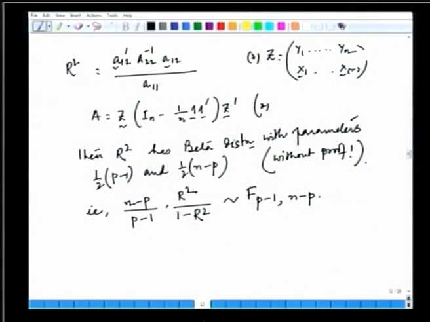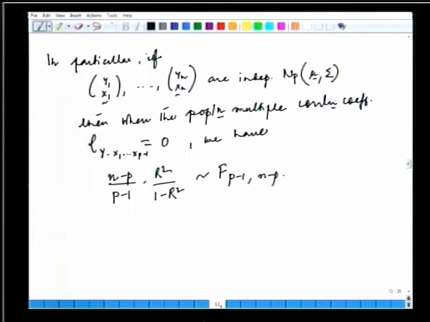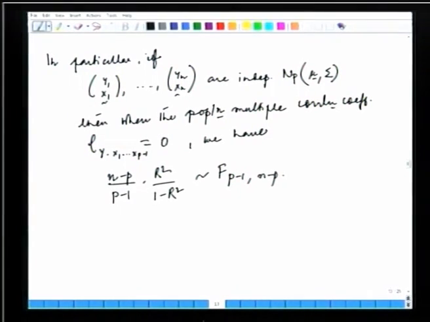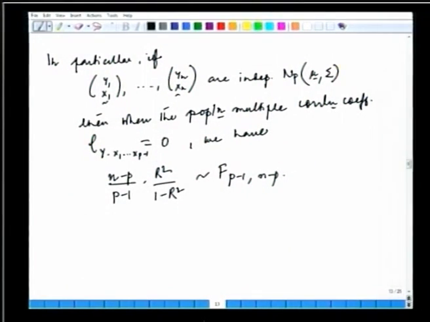So, this has gone without proof, and after that this is a simple knowledge of sampling distribution, that if R square follows a beta distribution with these parameters, we will have this type of function of R square following an F distribution. However, for the purpose of testing of hypothesis on the multiple correlation coefficient, we are making the distributional assumption